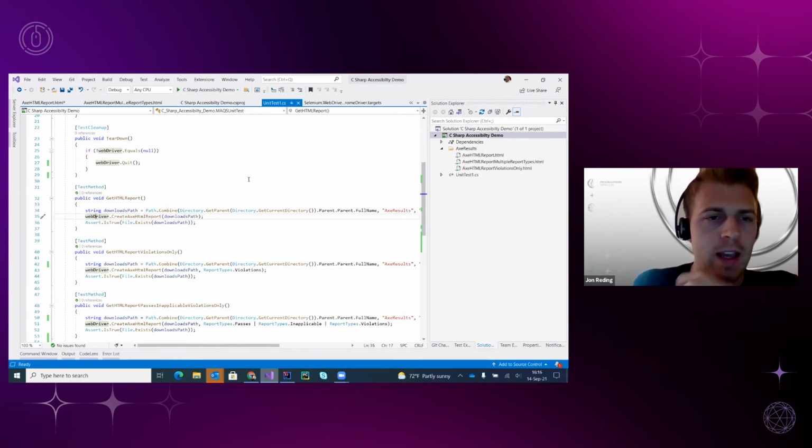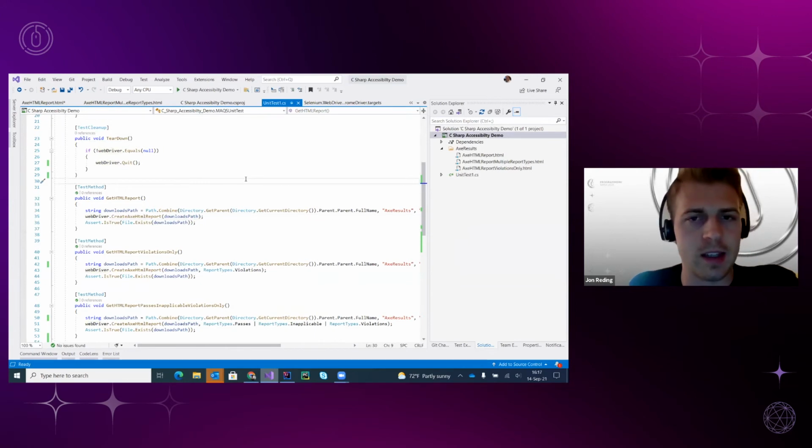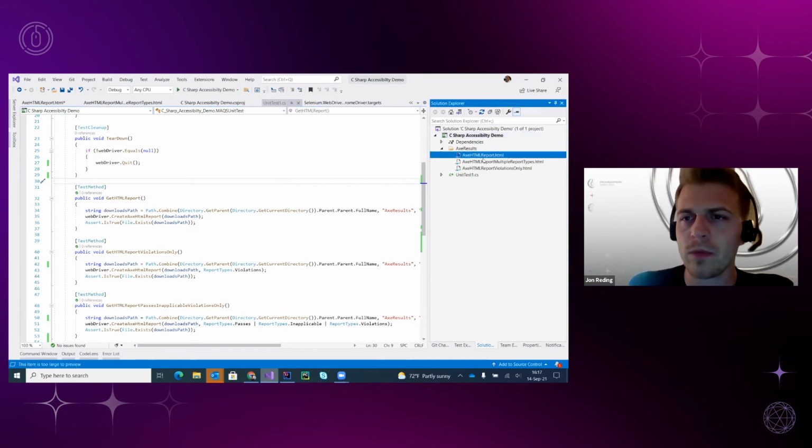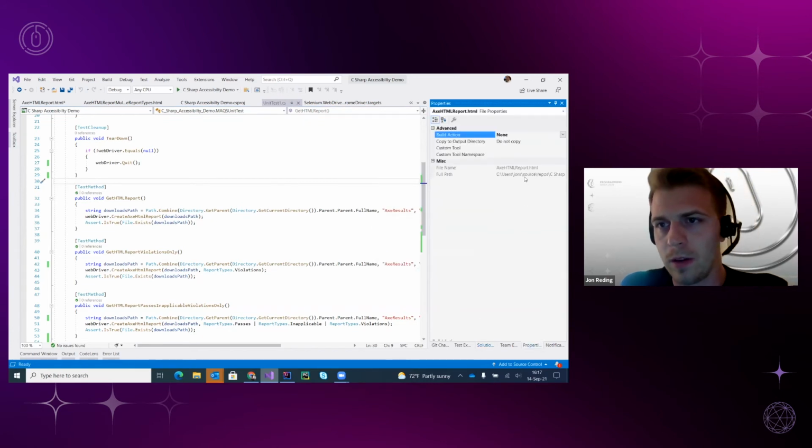You'll also notice that the C# acts doesn't get us back that text file or that JSON file. Right now, the HTML file is just the base thing that it's provided. And so if we take a look at this guy,